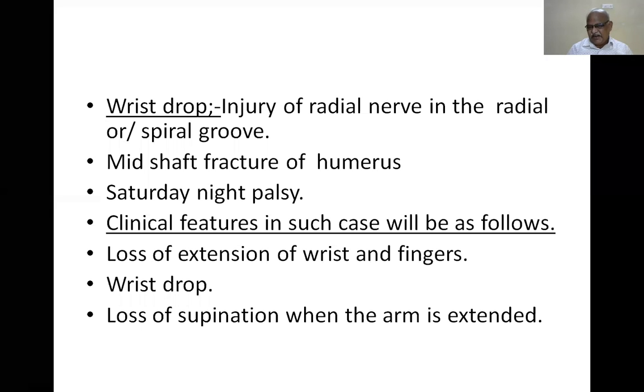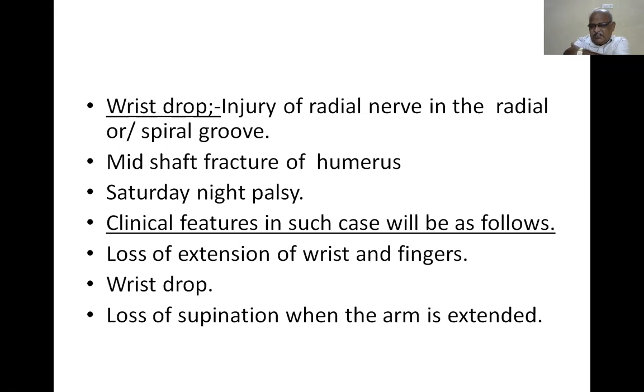For example, if the radial nerve is injured in the spiral groove, that is well below the level of the axilla. This is the radial or spiral groove. This is the axilla, because this level is a little lower. If the radial nerve is injured in the spiral groove because of mid-shaft fractures of the humerus,